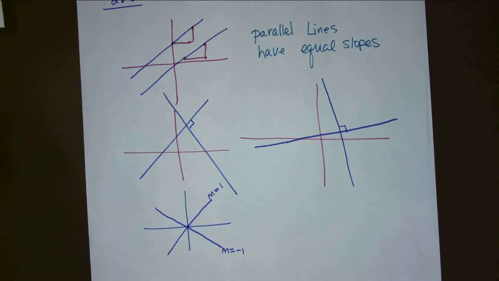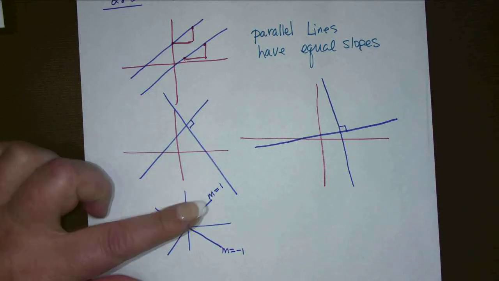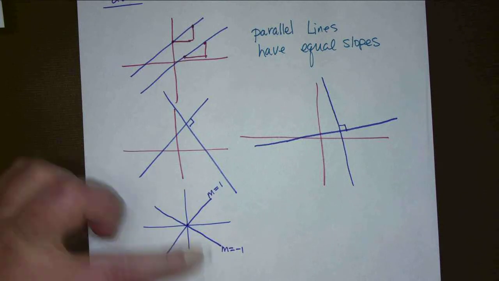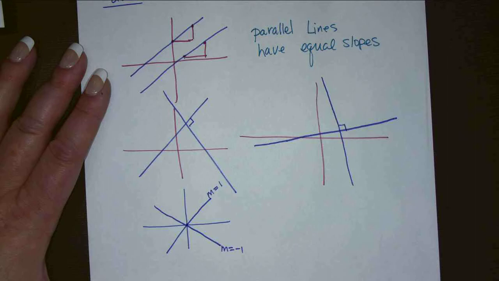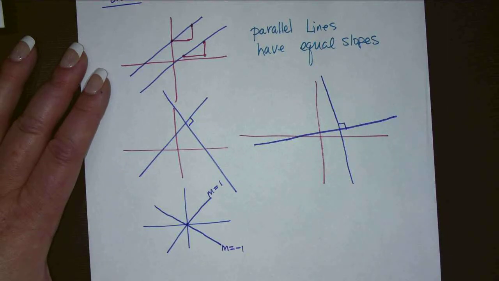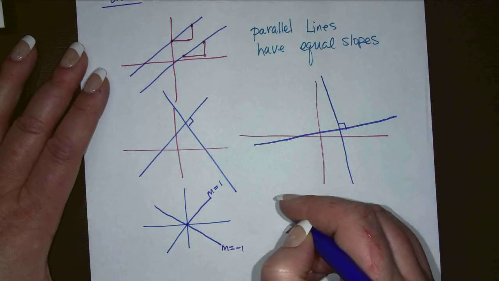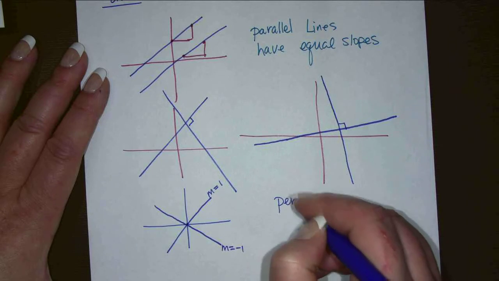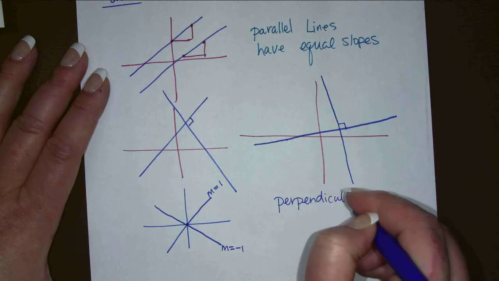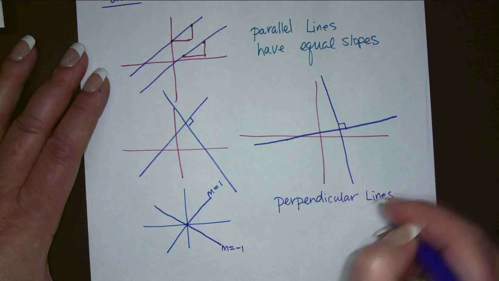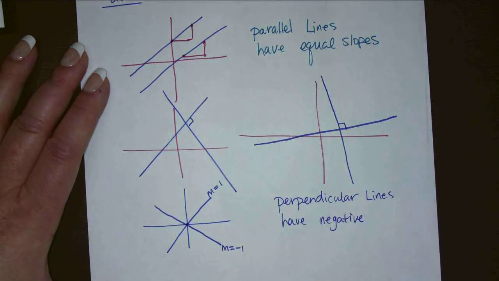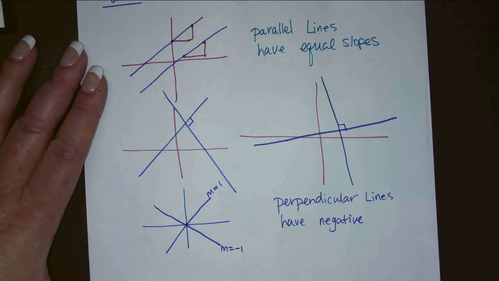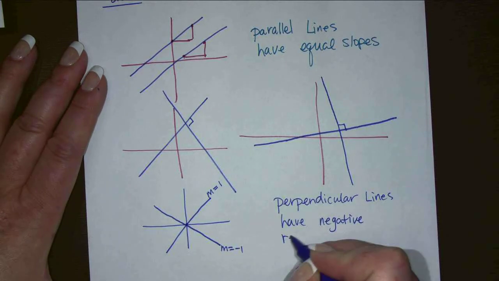So they're opposite signs always, so that's one thing, okay? But they're not always the same number, like if we went through the middle. The steepness actually is opposite of each other as well, which we call reciprocals. So the perpendicular lines have negative, which doesn't mean the answer is negative, just means the opposite sign. So negative reciprocal